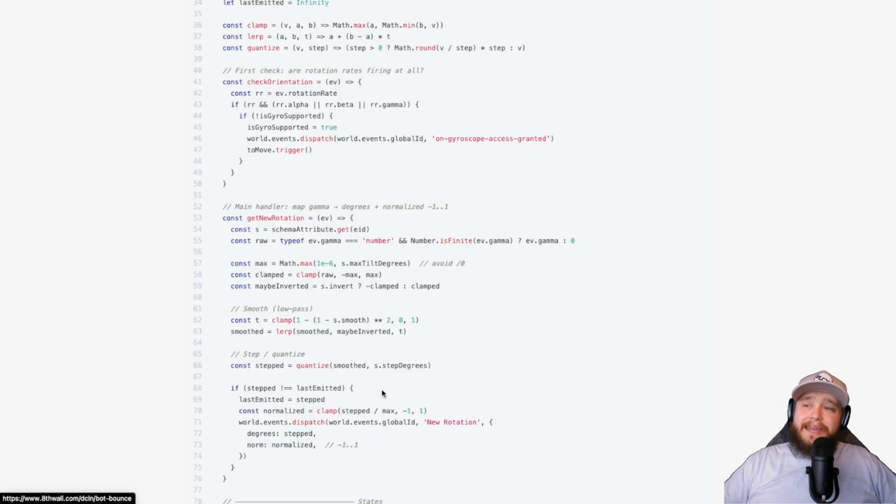So I have a min and max that the rotation can be. Based off of that, I'm exporting a normalized value, so like it's 80% of the maximum, and that helps me because I'm actually using the gamma rotation based off of the min and max values to increase and decrease the